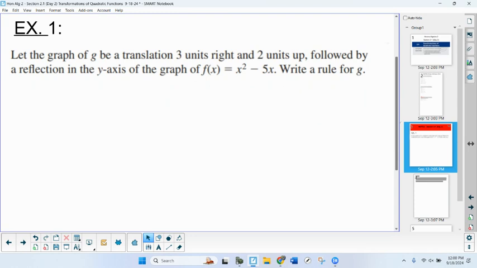So let G be a translation 3 to the right, because notice we didn't have any right or left. Did you guys notice that last night? No rights or lefts. Okay, 3 to the right, and a reflection over Y. And now we're not starting with the parent function. Notice this time we are starting with this function, so our function that we're starting with already has some translation to it. So first things first, it asks us to go right